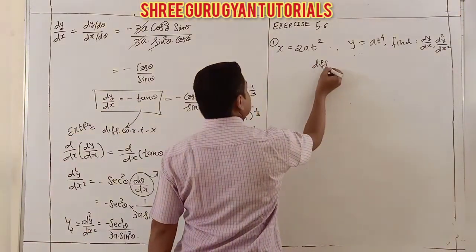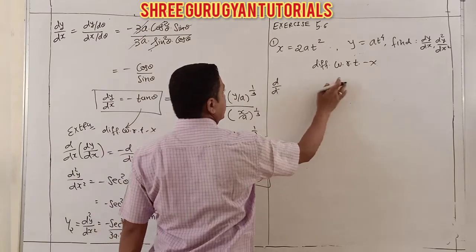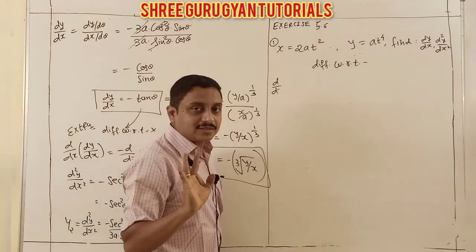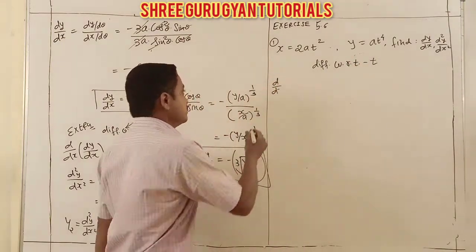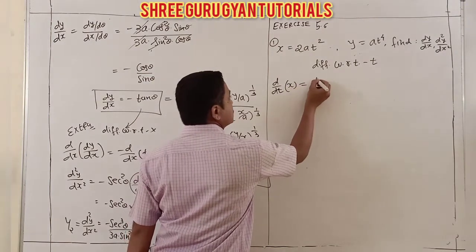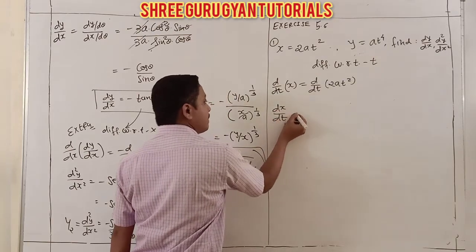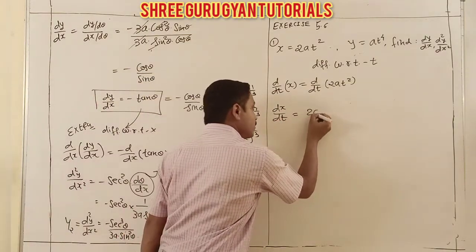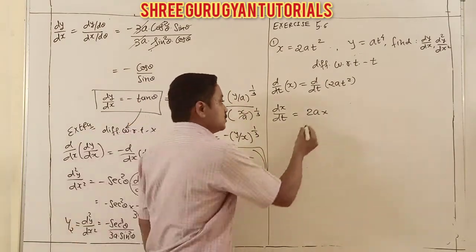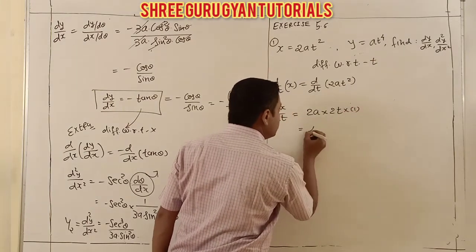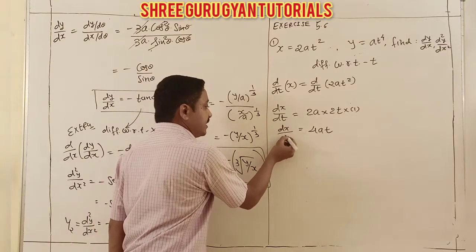So first differentiation with respect to x, sorry, my mistake, not with respect to x. First of all, I am taking the parametric form with respect to t. So that's my mistake there. d by dt for x, d by dt of 2at square. So it is dx by dt we are getting, and here 2a is constant. Just think about t square derivative with respect to t. So 2t times 1, means it is 4at. Yes, here done dx by dt.